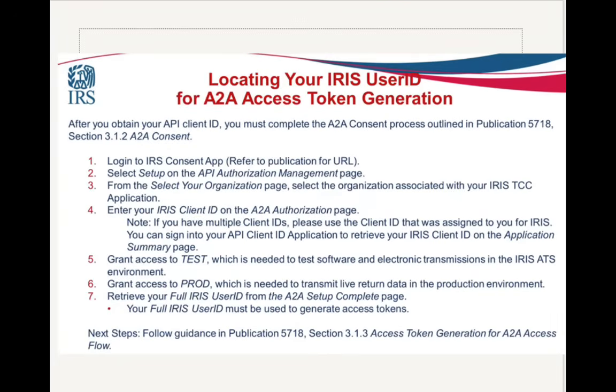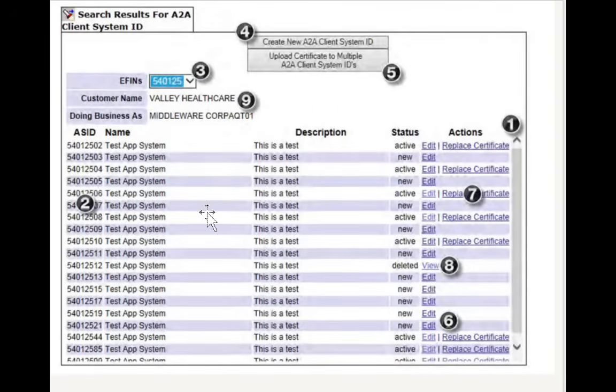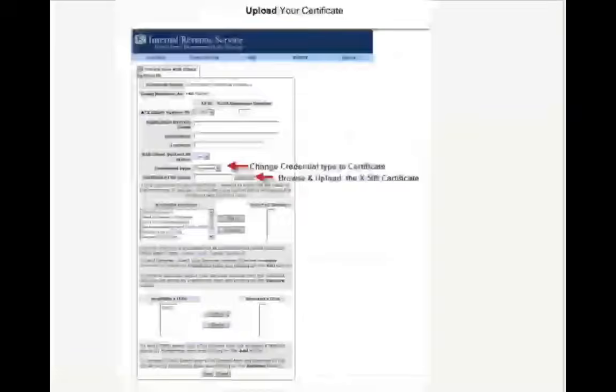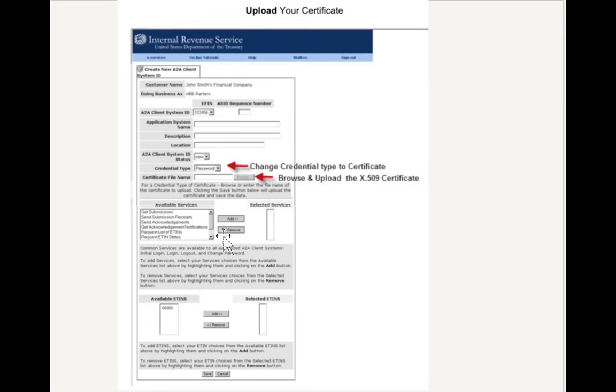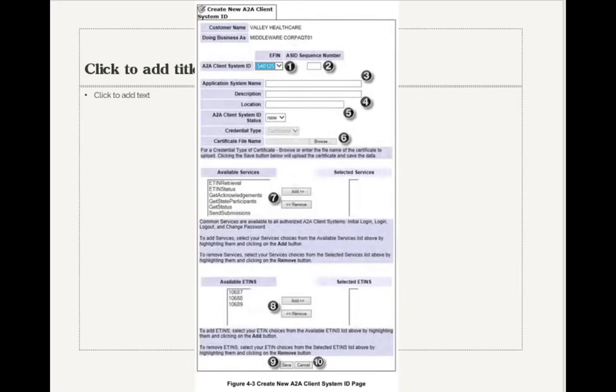The user IDs, for example, you can locate here. For example, this is the system ID, what's the app name, this is the test, what's the status, and you need your certificate to get this client ID. So this interface shows how to get it. You need to provide all this information to gain access to the system, and the certificates are also required. Basically, you upload your certificate, and without the security certificate,